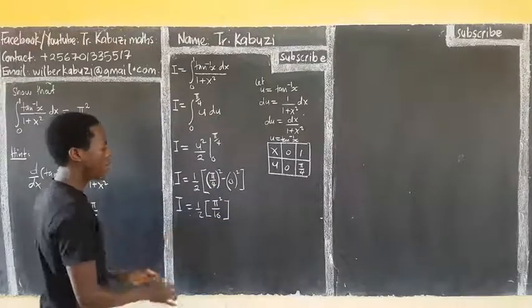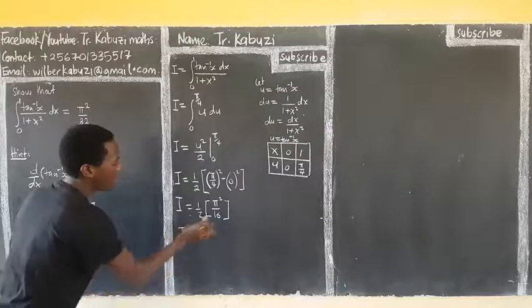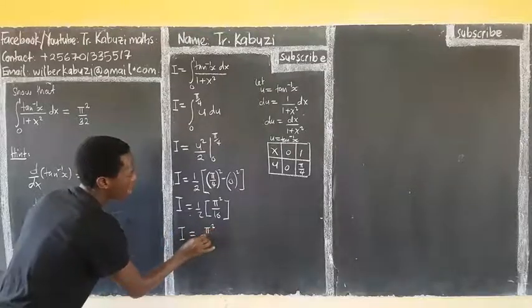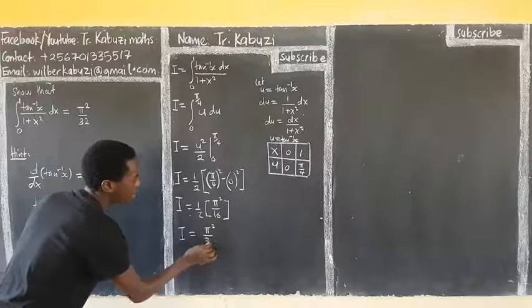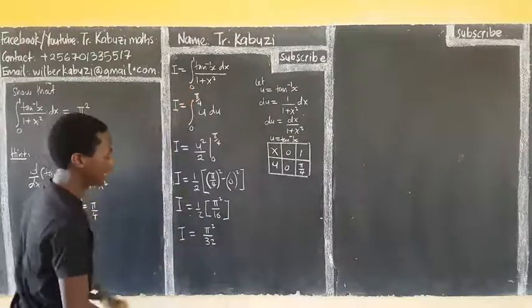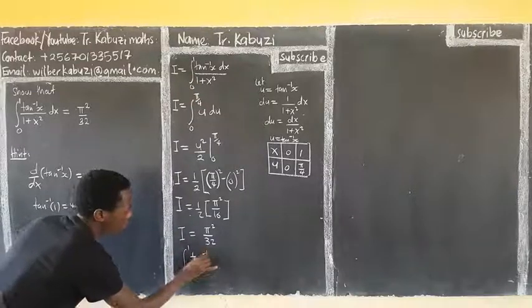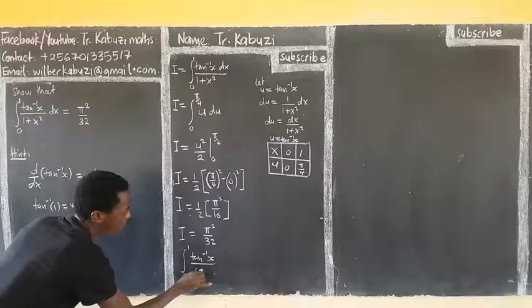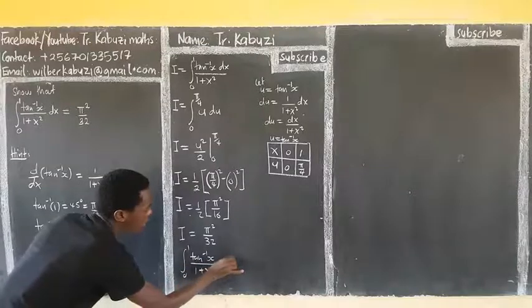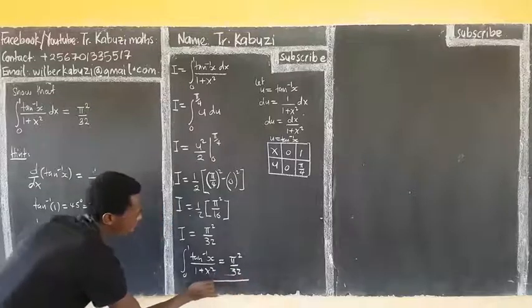And when you multiply there, our integral becomes pi squared over 2 times 16, that's 32. Which means that our I, the integral from 0 to 1, is equal to pi squared over 32,